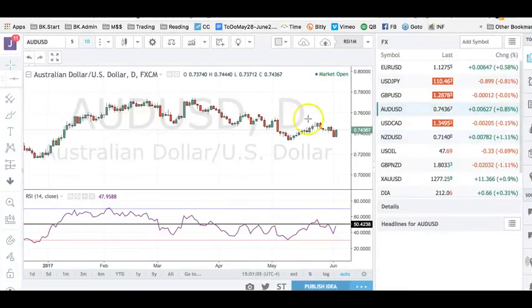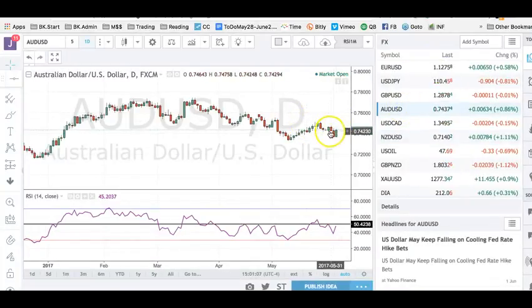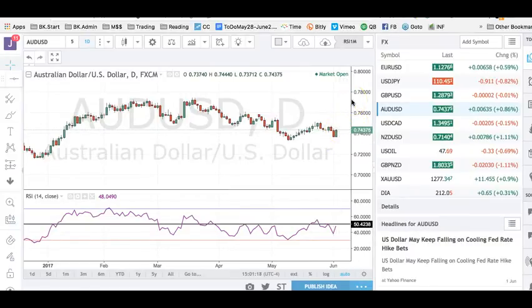And so you see the Aussie with very much this two-way price action. We had very, very weak Chinese PMI data that flipped the Aussie to the downside the day before, and today the Aussie had a huge run to the upside. And the reason why it's had a huge run to the upside really isn't due to any positive news on the Australian side. It's much more the negative U.S. side.